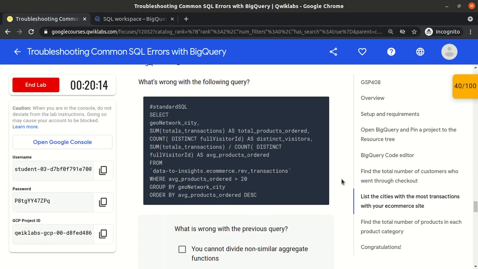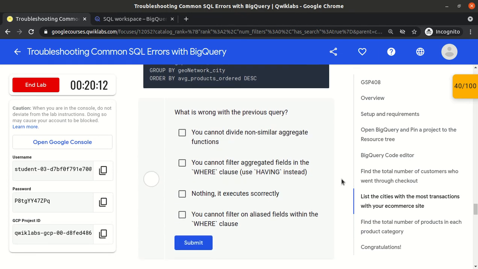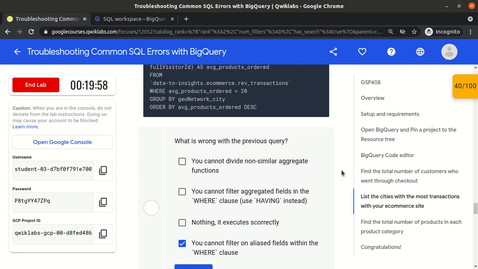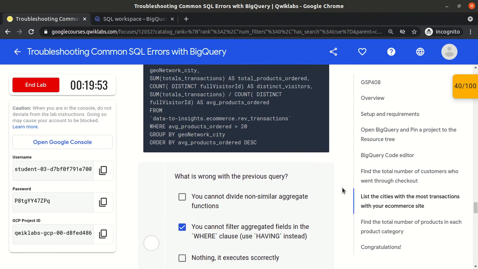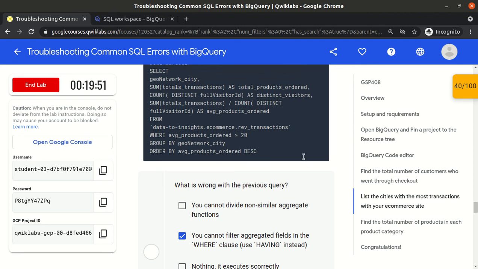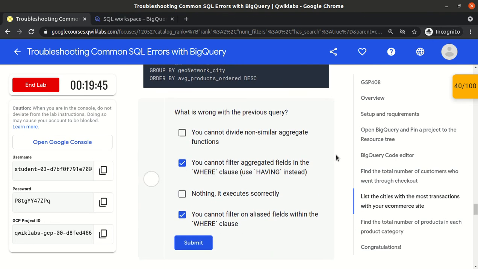You can't filter on aliased fields within the where clause. And also we need to use the having clause on the aggregated fields.